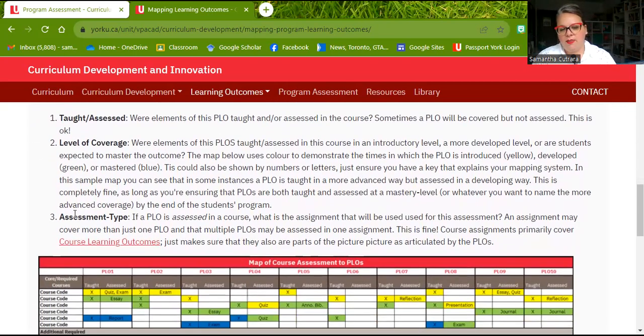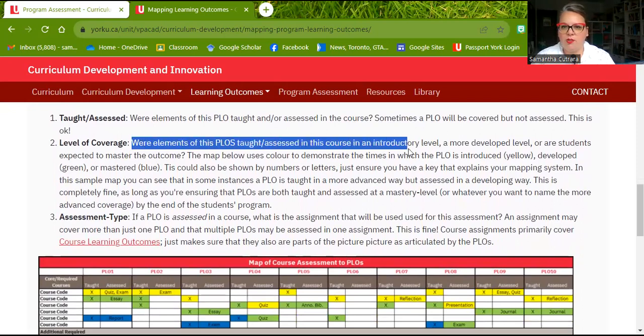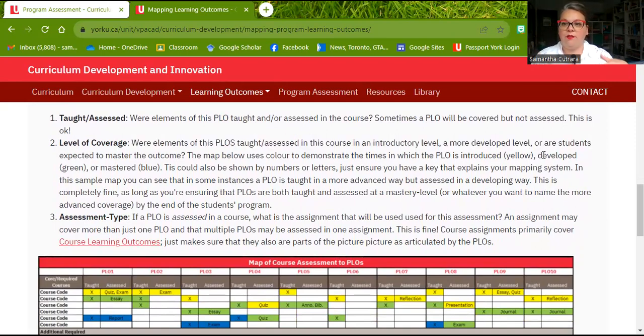We also then, in this chart here, have the level of coverage. So were the learning outcomes taught and assessed at an introductory level, or a more developed level, or by the time they get to this assessment, it should be mastered, right? So for example, in first year courses, yes, everything is introduced, but things could also be introduced in a third year course. So think about what the level of coverage is. Now, you could teach something at an advanced level, but only assess it at the introductory level,